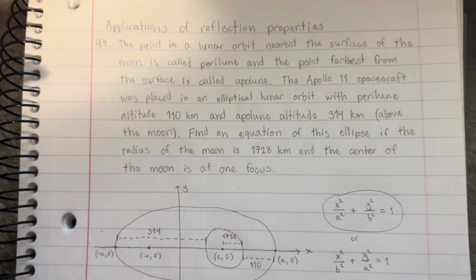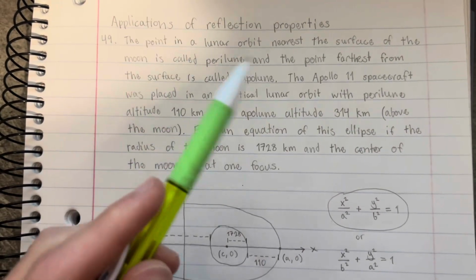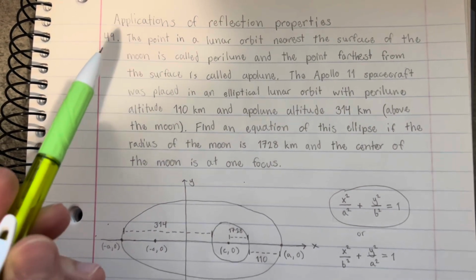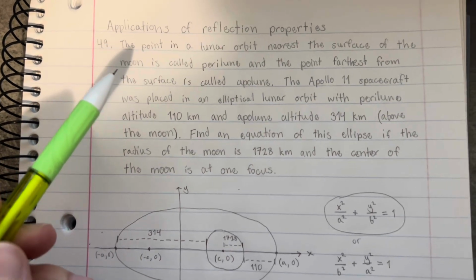Hello, I'm Kingsley, and today I'll be going over applications of reflection properties. One application of a reflection property is orbit, and I chose question 49 to help explain this, and it says,